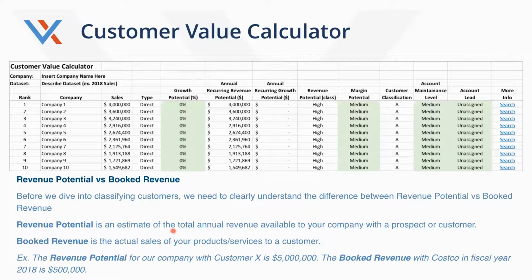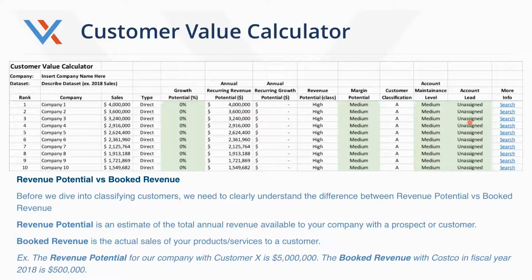They're very used to the literal numbers and saying, well, I sold $1 million with this company. But they have a really hard time saying, I sold $1 million with this company, but I'm only working in one part of this organization, and they're a global company. And if we really focused energy on them, we could grow them by 100% or 200% or 300%. So there's this idea of recurring growth potential within customers.